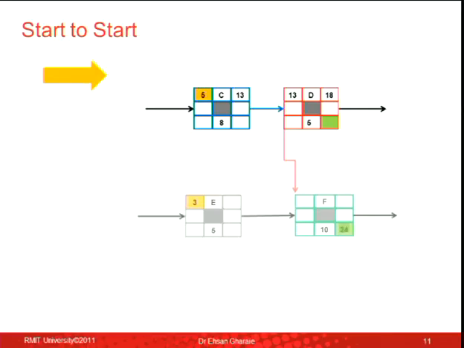Now let's say there is a start-to-start relationship between activity D and F. You see the relationship, start to start. You see how I draw it? And it could go from this side to this side. That still should be okay. But looking at this arrow, I can tell this is the start of the activity, that's the start of the activity, so the relationship is start to start.